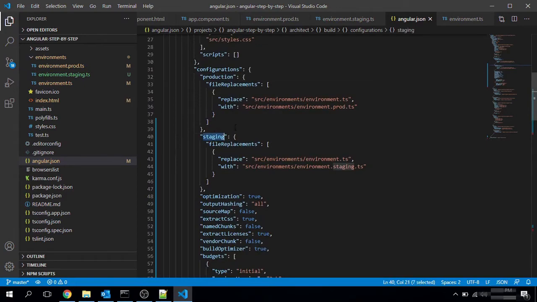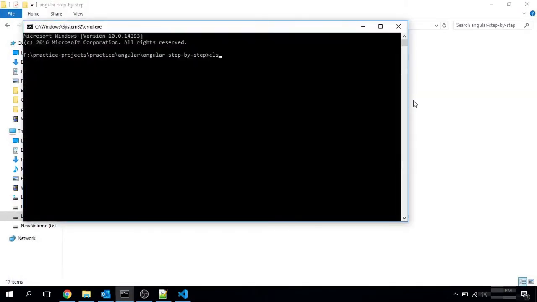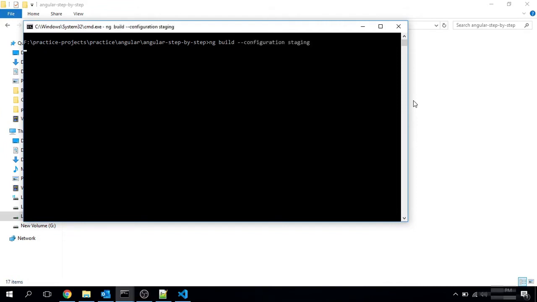We will execute this command. You all know that by default an Angular build is executed by ng build.